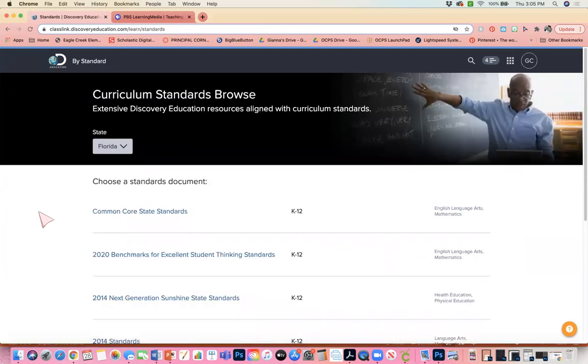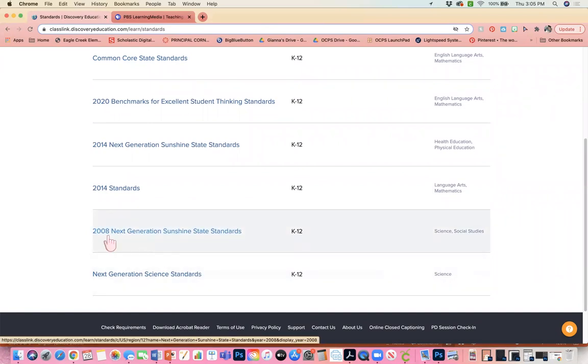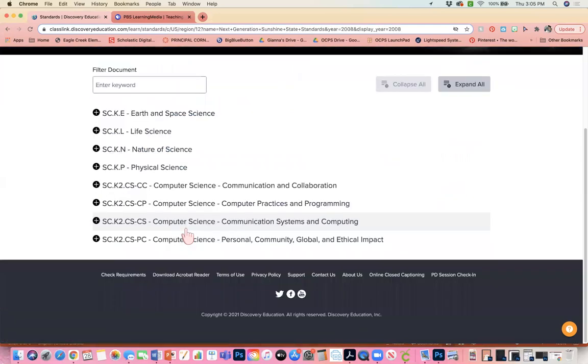So you click on standard, and it should be auto set to Florida. If it's not, make sure that the state is shown as Florida. And in the case of science, which is what I've used it for mostly, you're going to want to make sure that you go to these 2008 Next Generation Sunshine State Standards to get the correct and most accurate standards